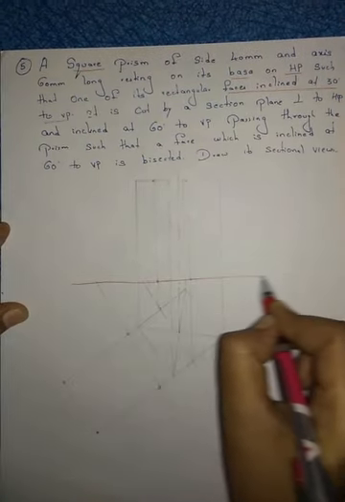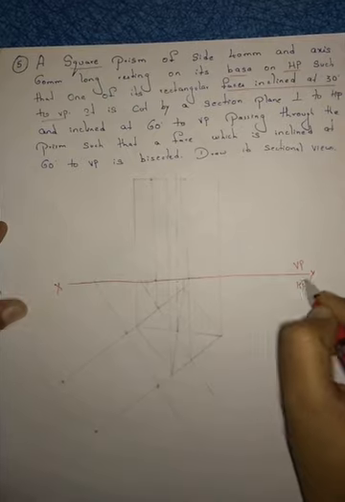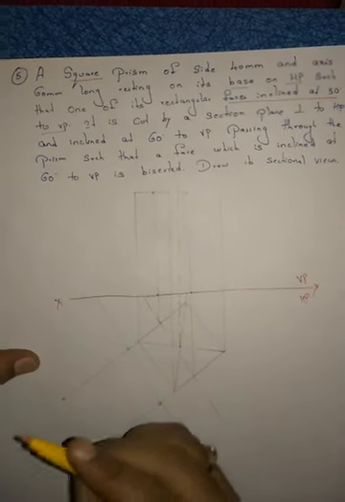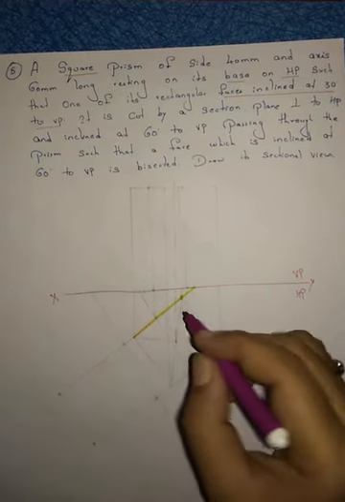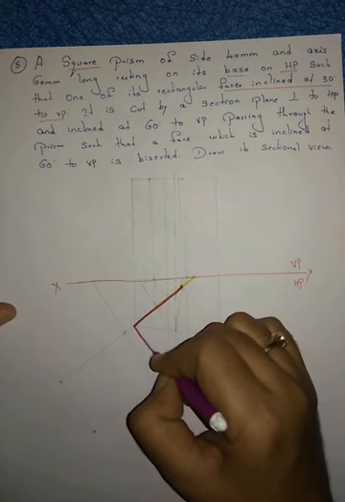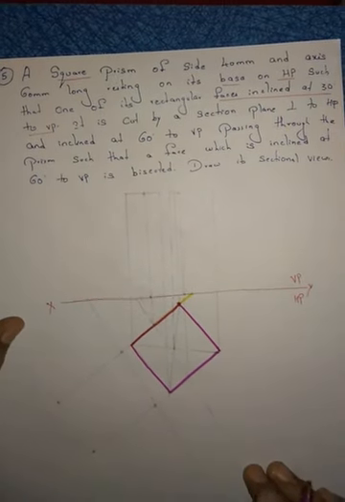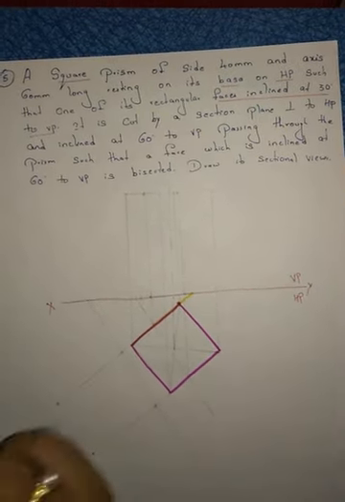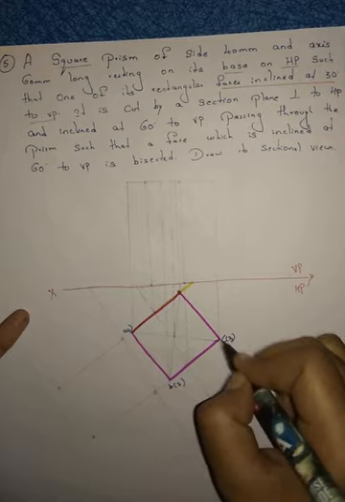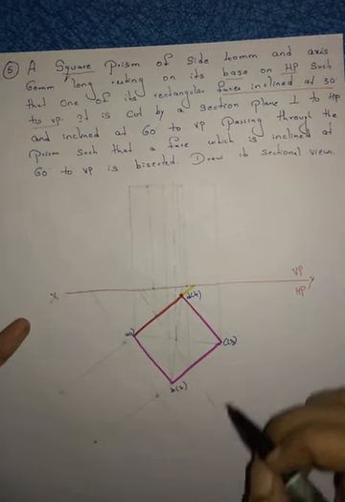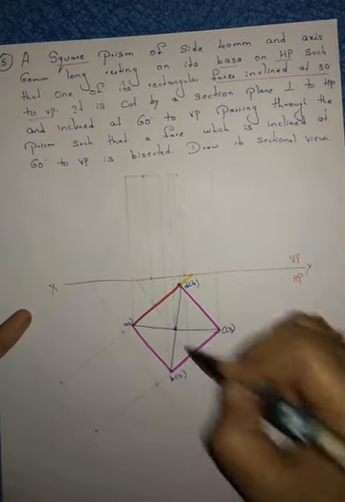So what we have to do? Draw the reference line of any length, name it XY, VP above and HP below. The angle is how much? 30 degrees. So mark a 30 degrees angle, leave a 5 mm gap. The length of the square is 40, so construct a 40 mm square. After that, give the names of the square: a1, b2, c3, and here d2. After marking, join the corners and mark the midpoint also.